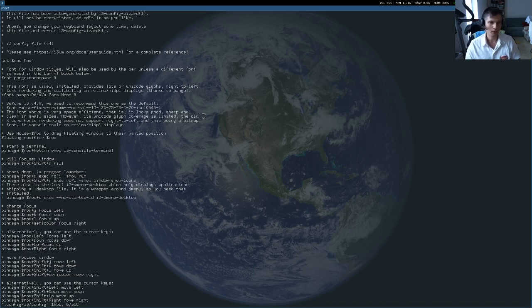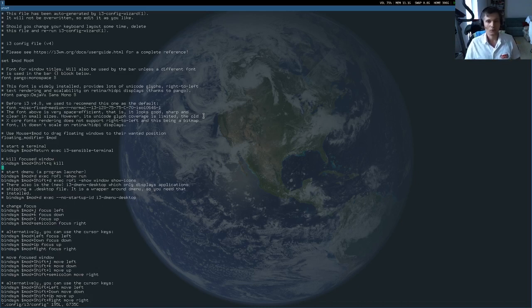Actually, I have only tried i3 among the many tiling window managers, and the reason is that the documentation for i3 is great. If you go to the official website of i3, there is a great user guide,